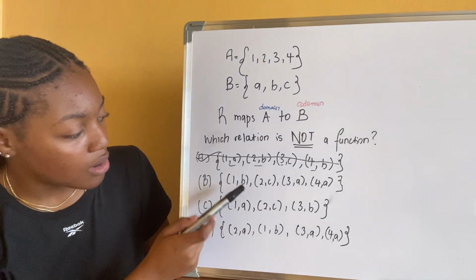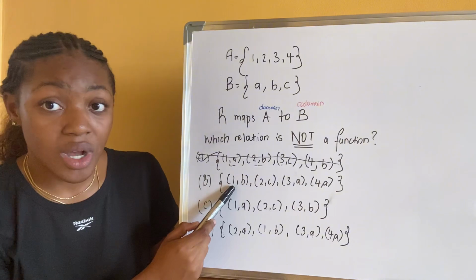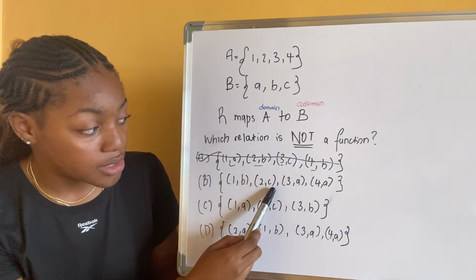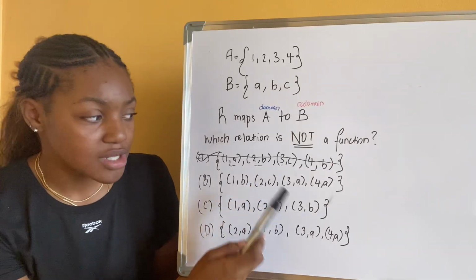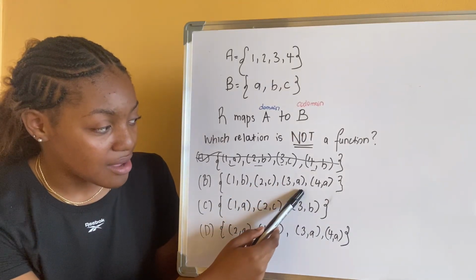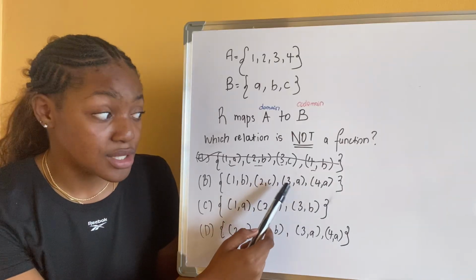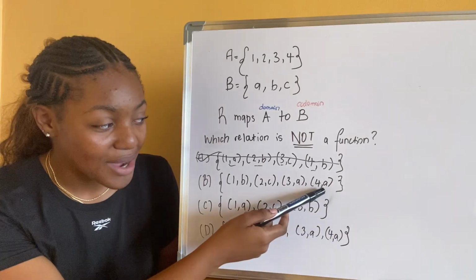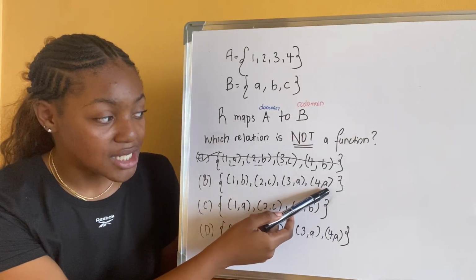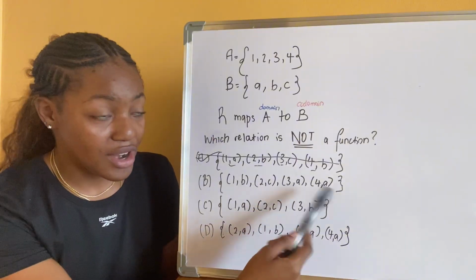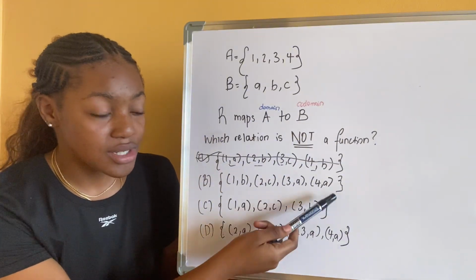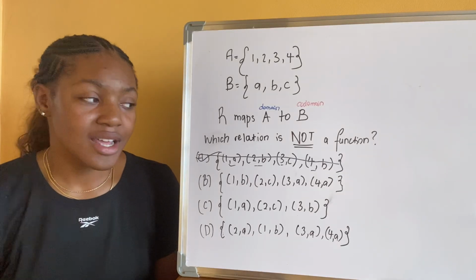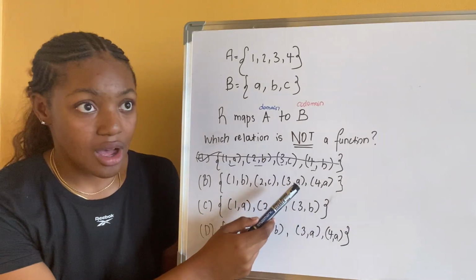So we have 1 being mapped to B. Do we see 1 anywhere else? No. So that's good. We see 2 being mapped to C. Do we see 2 anywhere else? No. So that's good. We see 3 being mapped to A. Is 3 being mapped to any other element? No. So that's good. And we have 4 being mapped to A. Is 4 being mapped to any other element of the codomain? No. So that's good. So that means that option B is also a function, and it's okay to have 3